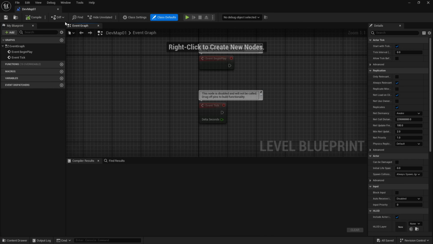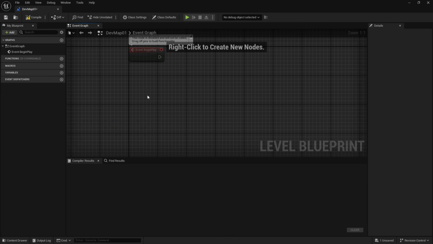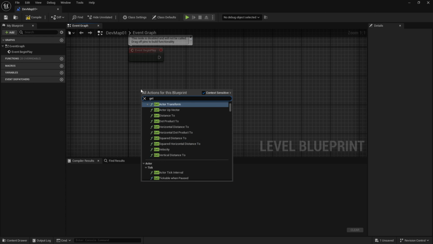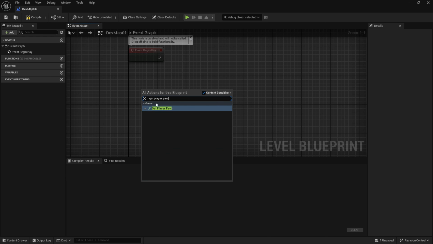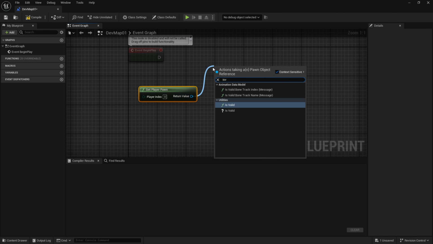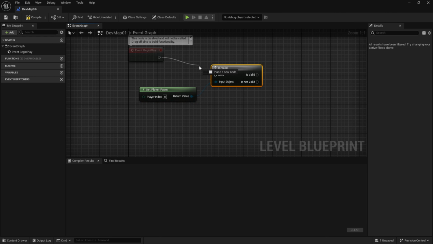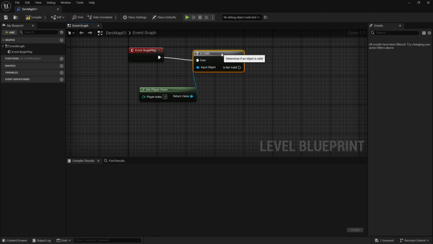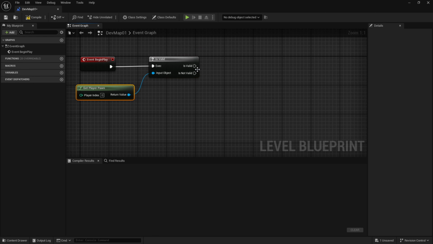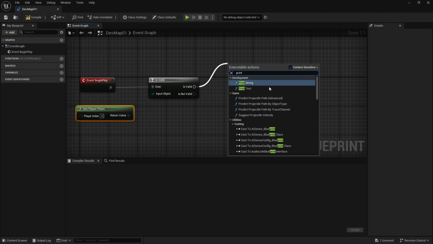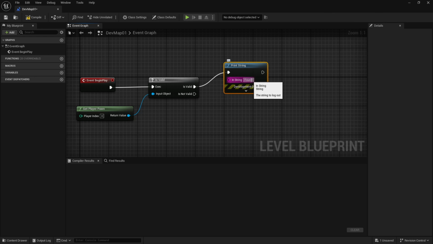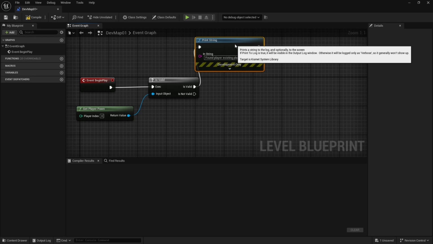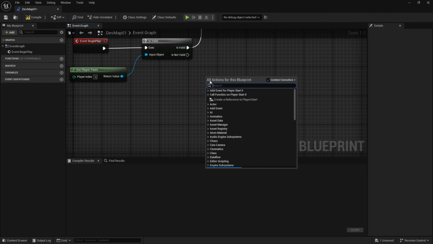Get rid of these. Again, we don't need to worry about our tick. Right click, get player pawn. Drag off, is valid. Now this should be invalid. We don't have a pawn. We destroyed it in our main menu. If it's not valid, print string, found player pawn. Existing player pawn. Move that out of the way. And if it's not valid,